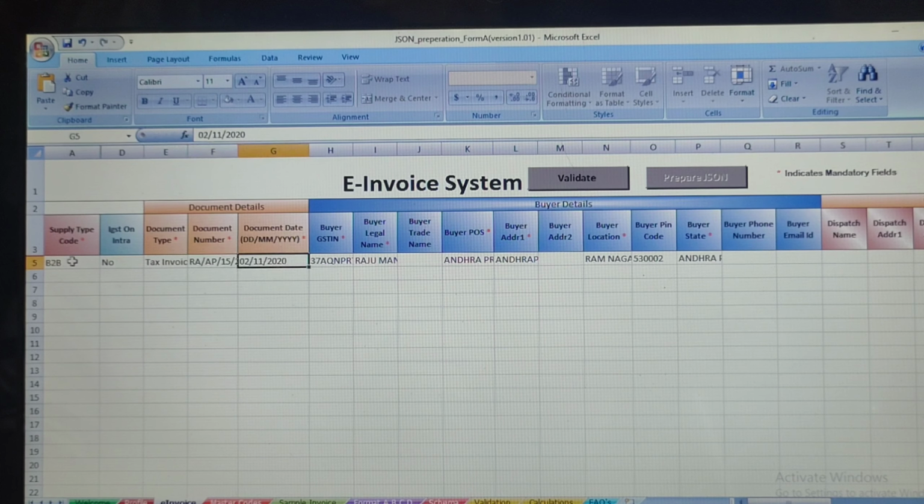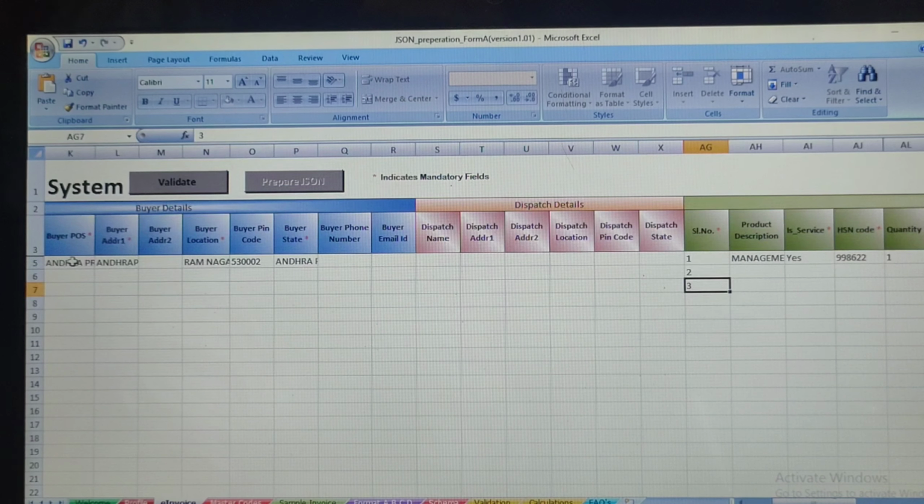Here I am taking invoice number, invoice date, GST number, legal name and place of supply. Uploading only one invoice, so I am taking one only. I have written product description, and yes, I have taken service.